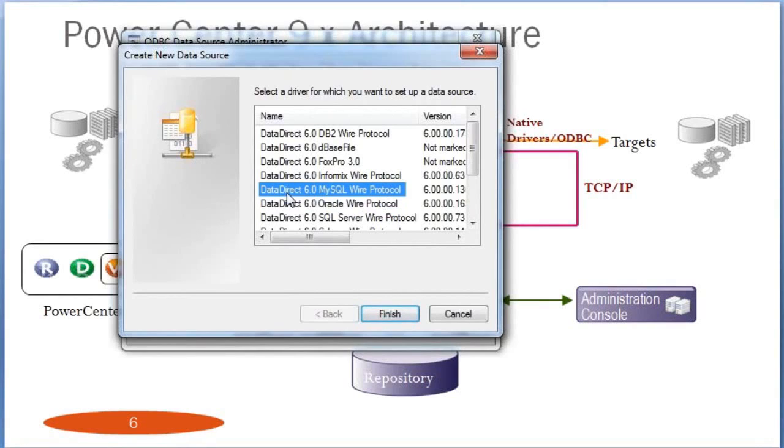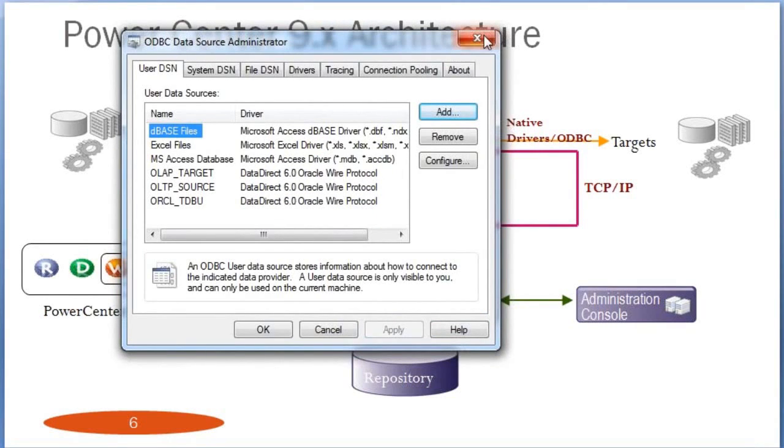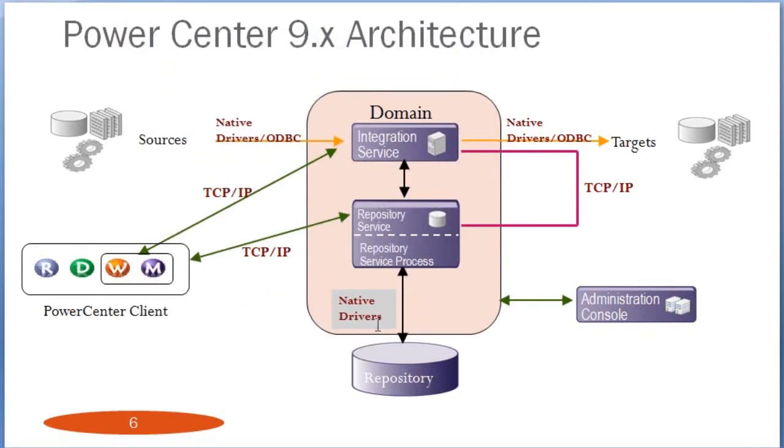Whenever Informatica has to connect to any other database, it uses these drivers and then communicates with the database. So whenever your Informatica server has to communicate, it will use native drivers or the ODBC drivers. Now when it comes to the domain part, a domain is nothing but a server or a group of computers where your Informatica server is installed. A group of computers connected in a network is called a domain.